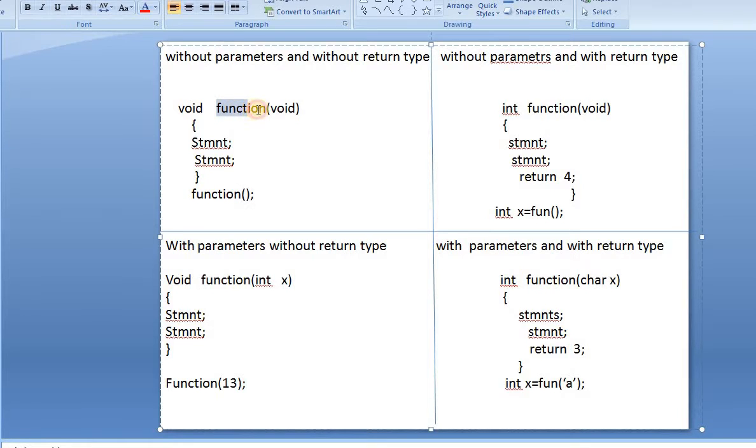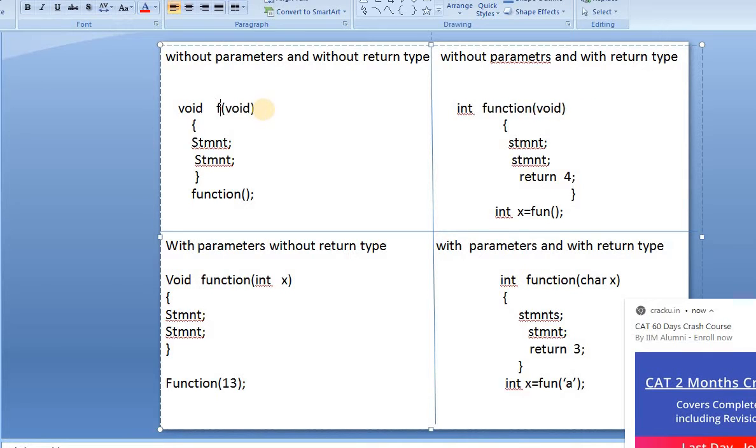Here my function name is function. You can declare anything, suppose let us take your own name. This is also a function, because it is a user defined function. You can define your own functions. I'll take it as function.